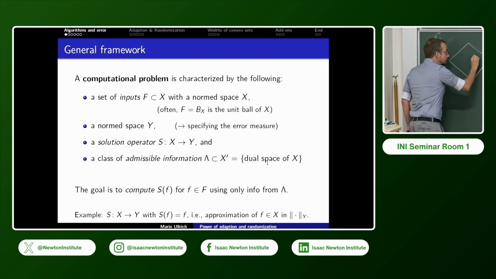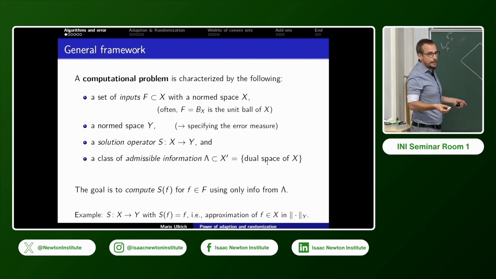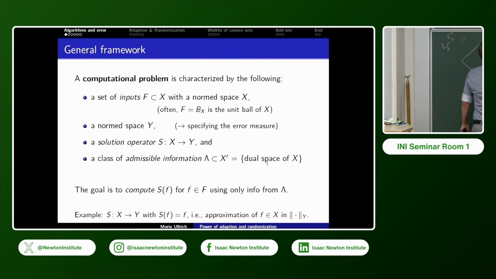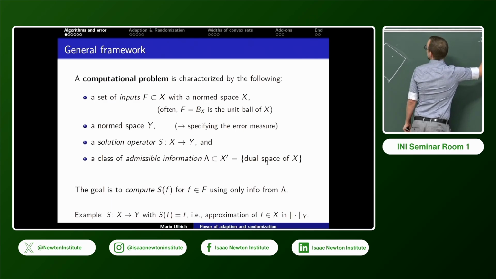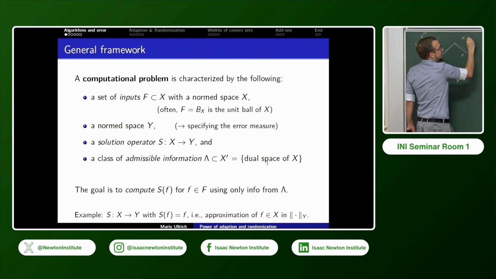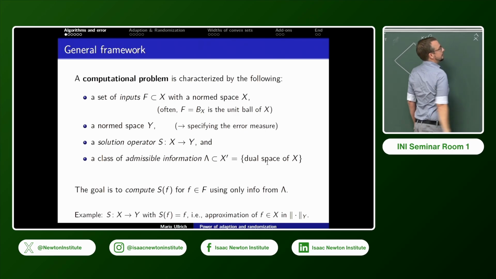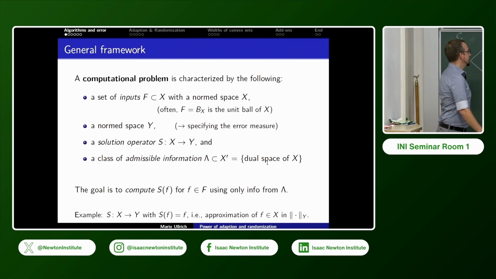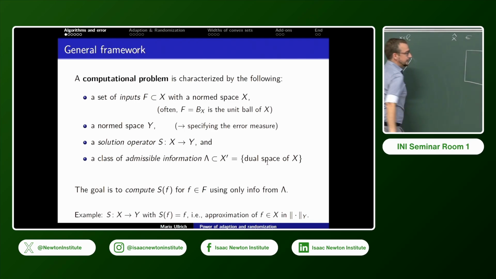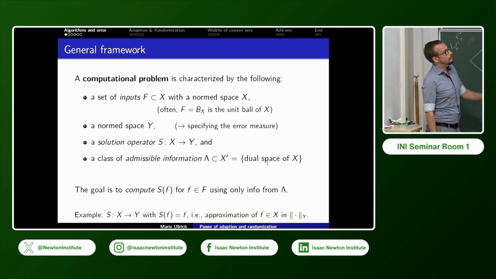So I want to approximate every element in this X, but what do I mean by approximate? I somehow need to say what the measure of my error is, right? And let's think the error I want to use is the L infinity norm, in dimension n. So I get some vector x, which is just a vector. And now I want to get an approximation, which is then in this L infinity, and I want that they are close, right? So depicted just as a picture, I have my L1 ball here, I have my L infinity ball here, and since I only want to approximate x itself, the mapping S would just be the